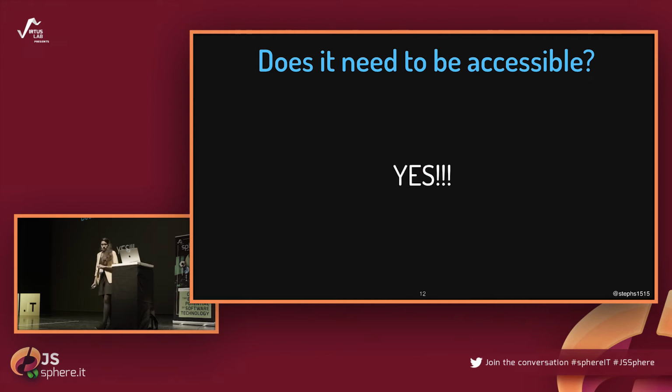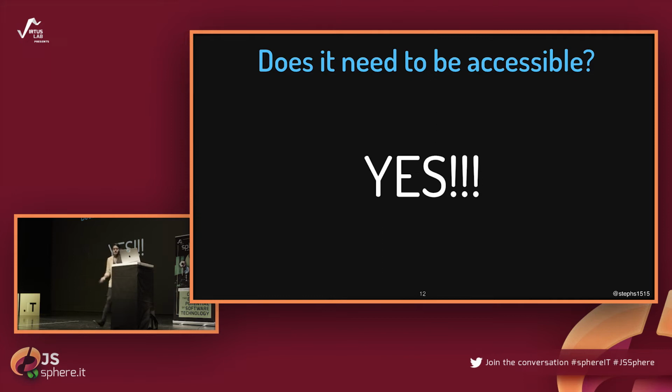One of them is yes, and the other one is yes. It really needs to be accessible, because when it's not accessible, it means that we are excluding a bunch of people, if we think about accessibility as providing access to everyone, right? So as I say, we did everything, and then we decided, hey, we need to make it accessible.